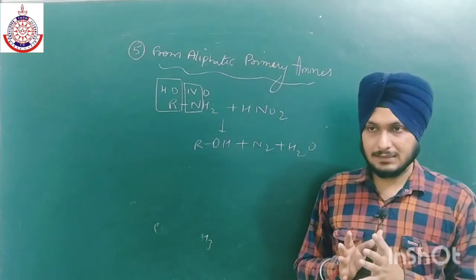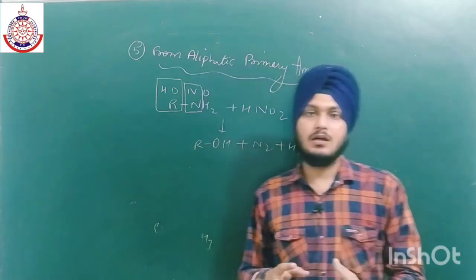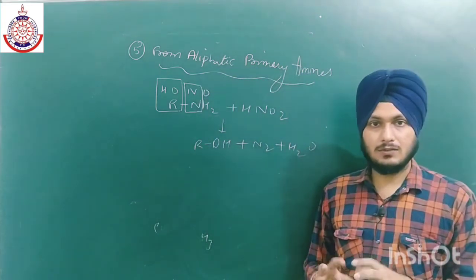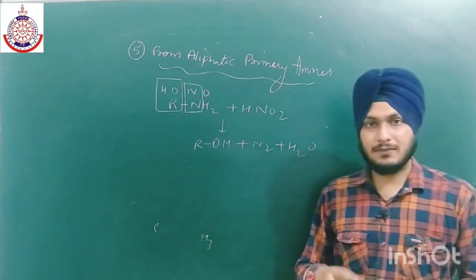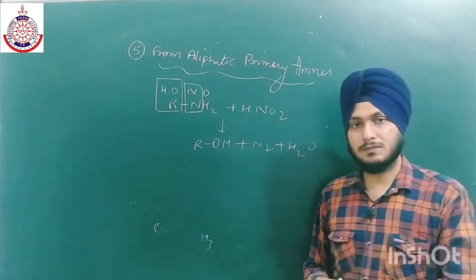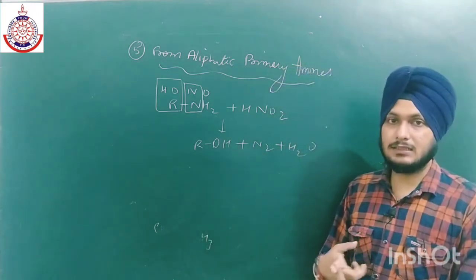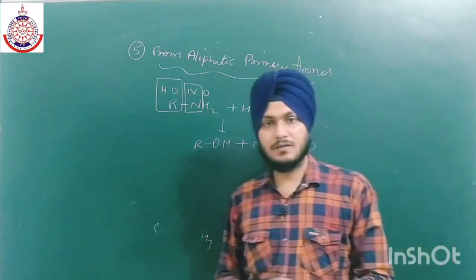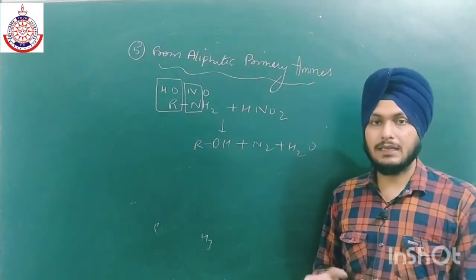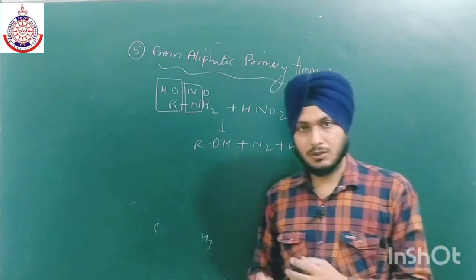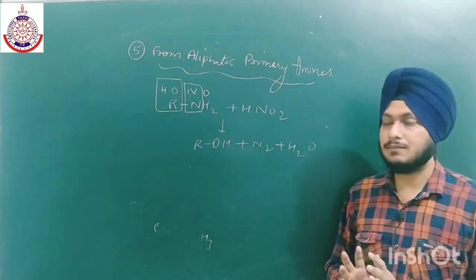The first method is nucleophilic substitution reaction from haloalkanes. We can prepare alcohol from haloalkanes by both SN1 and SN2 mechanism. In case of primary, we have to use SN2 mechanism, and in case of secondary and tertiary, with the help of a weak nucleophile, we can undergo SN1 reaction, like we have water in case of SN1 and KOH in case of SN2.